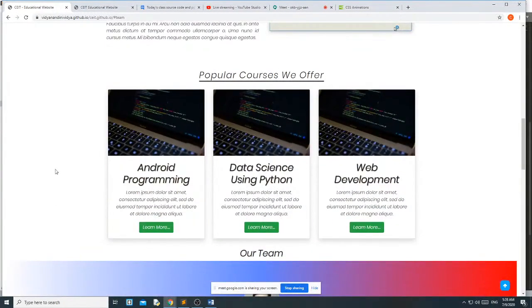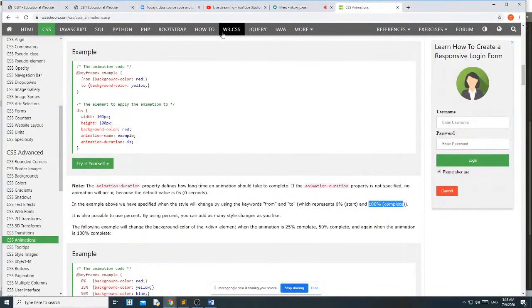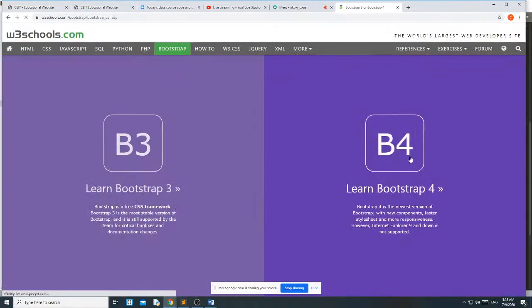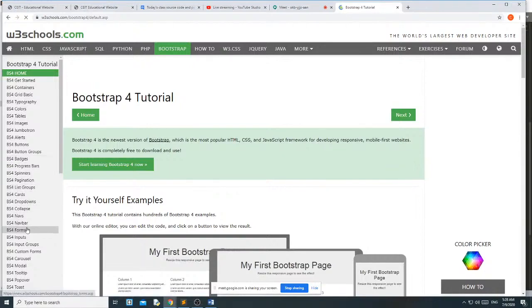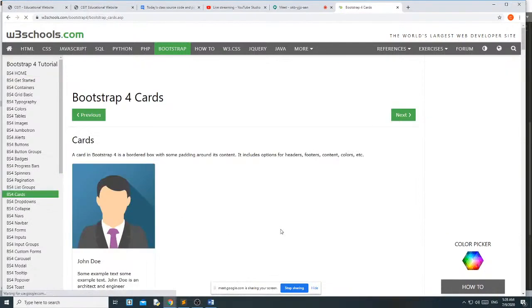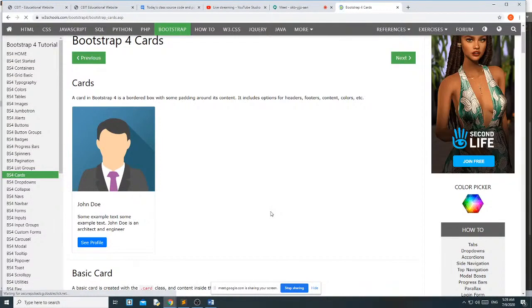Then we will see this section. In this section, we have used the card component of Bootstrap. What is the card component? Let's first see that. Bootstrap cards. See, a Bootstrap card is a border box with some padding around its content. It includes options for header, footer, content, color.